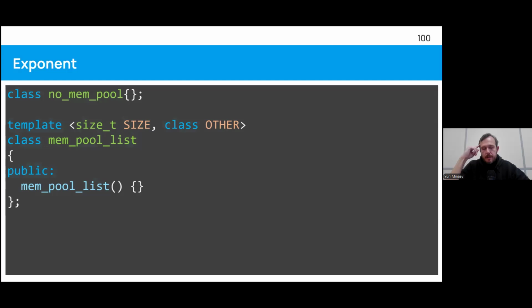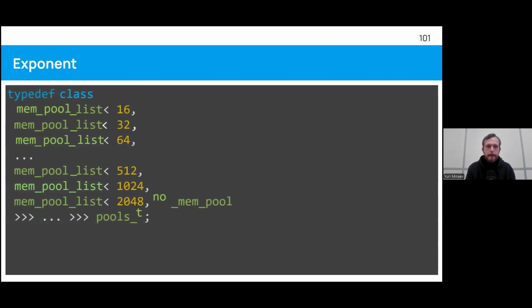There's this funny example. When you have some template class which accepts 2 parameters, it accepts a size of, well, memory pool and the type of the element stored in that memory pool. And what you can do with it is something like this. So you declare a pool of memory pools and so on and so forth, increasing this amount of elements as you go down.